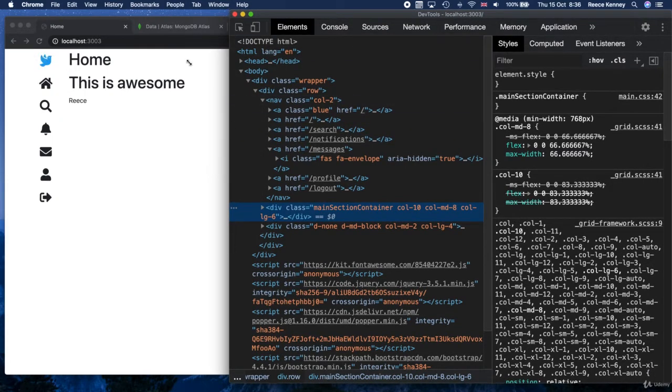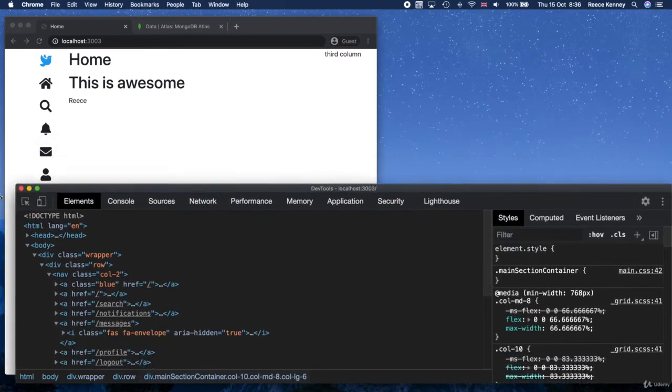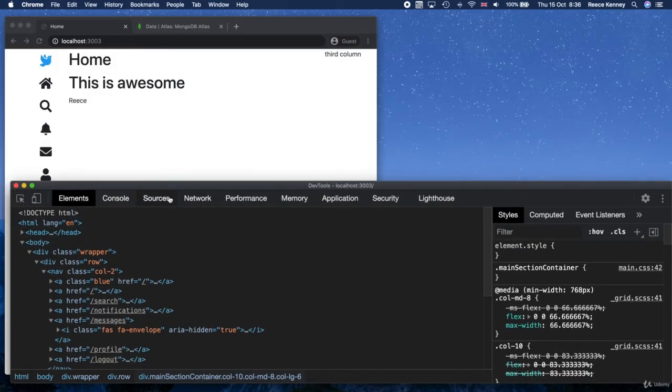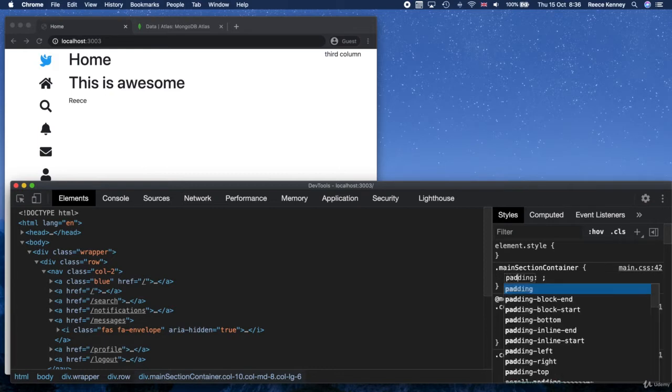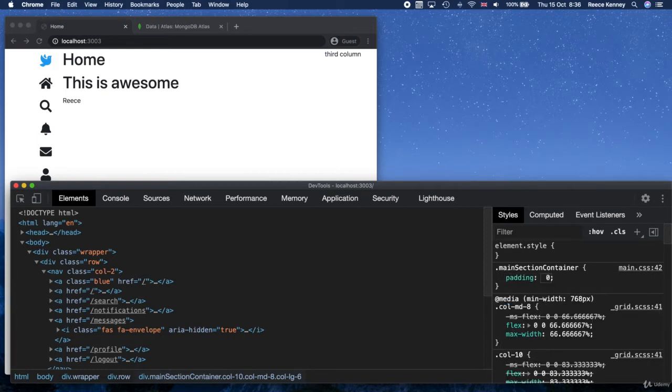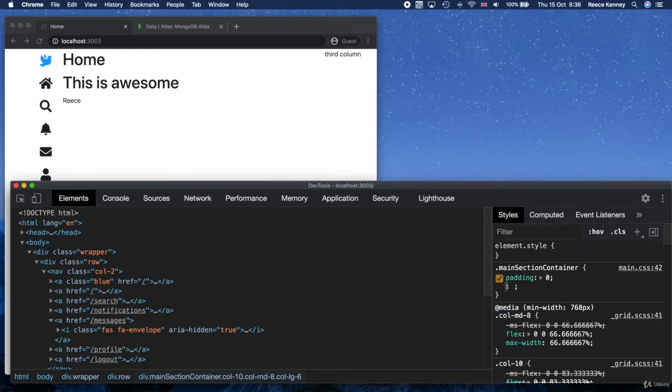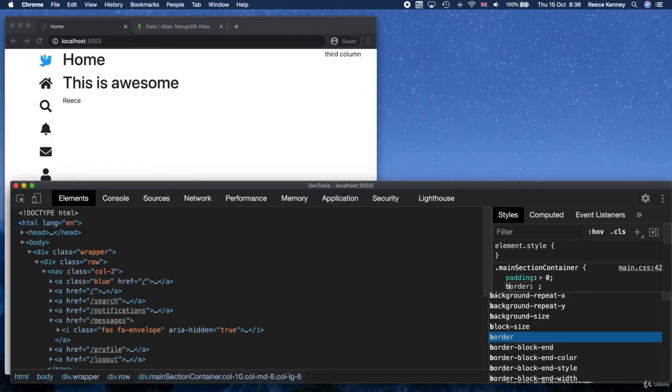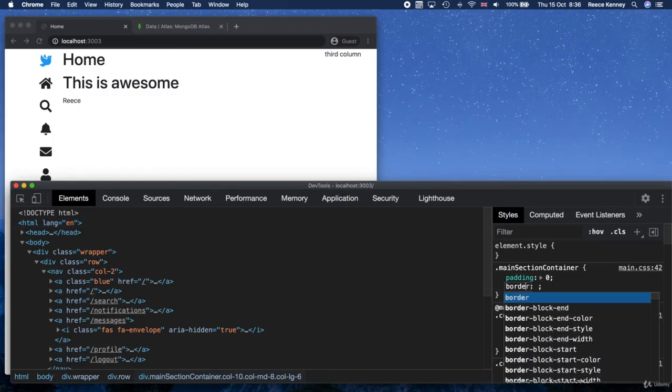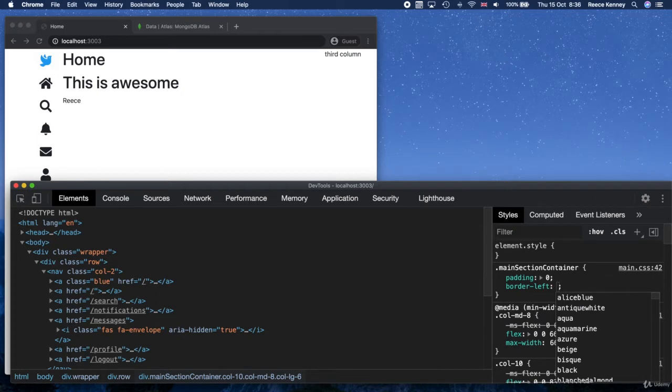I'm wondering if I should make this down here instead. Maybe it's easier for you to see that way. So yeah, we'll do that. In the main section container style, we're going to say padding is going to be 0. So it gets rid of that. We're then going to add a little border to it. So we'll say border left is going to be 1px solid, and then the color is going to be a light gray color we